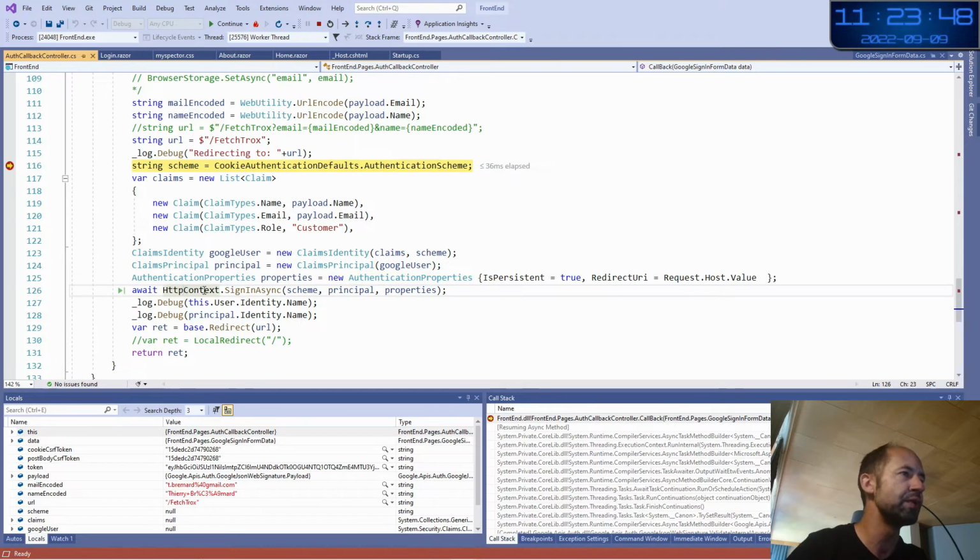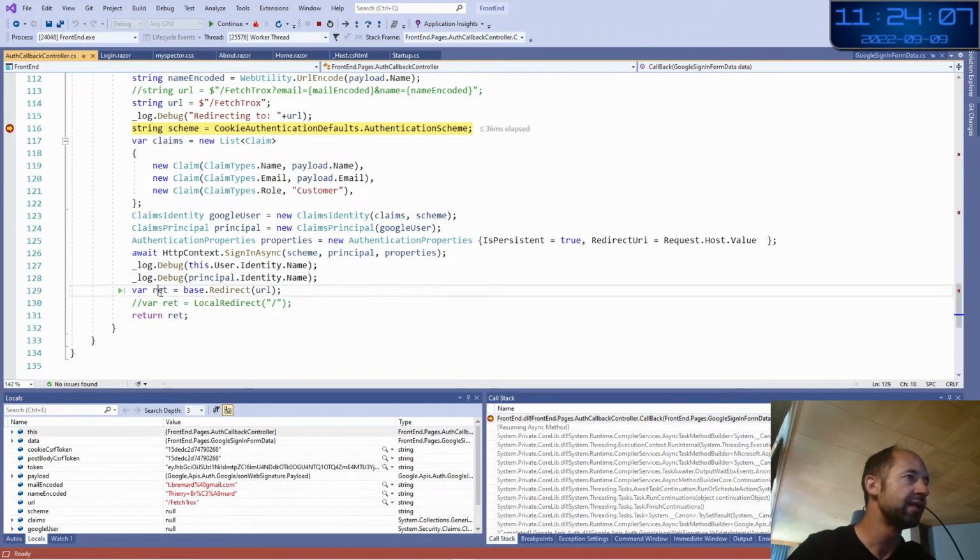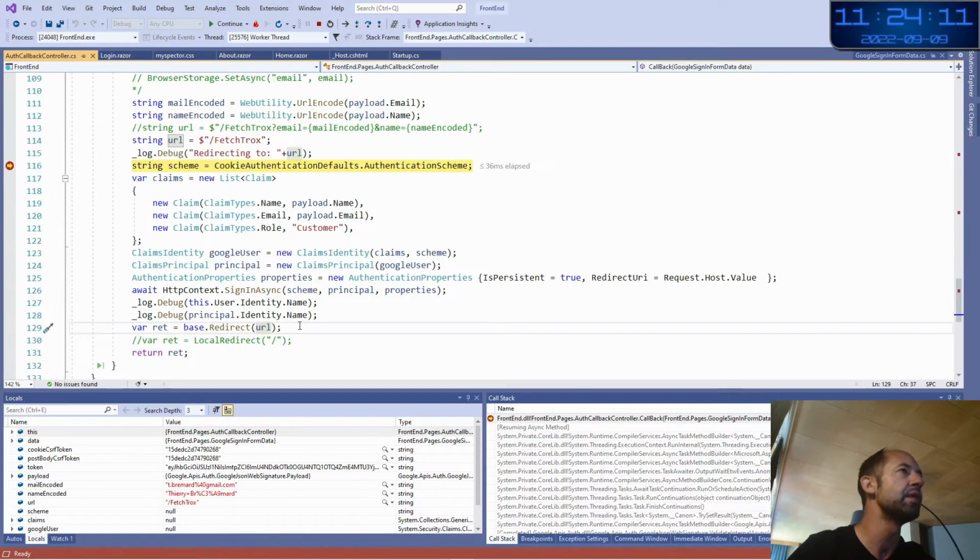Then you call HttpContext SignInAsync. This line is in fact a clever line to say I want to create a cookie with some security inside, because you will see the cookie which is generated. And then I redirect my customer to my page that lists all the trucks.